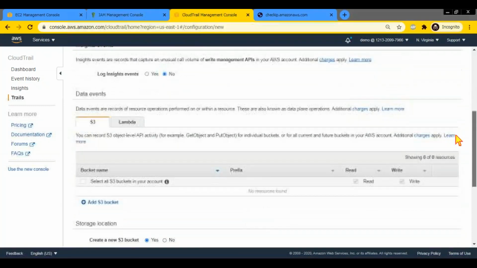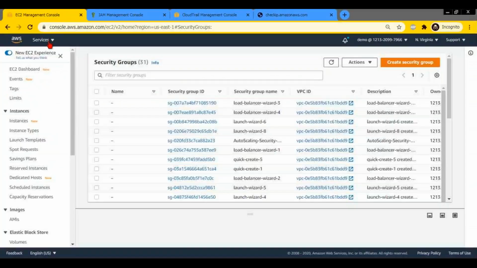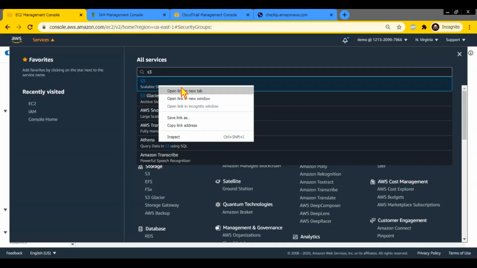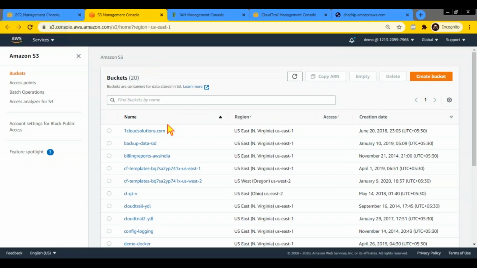And what are these data events? Data events are object level activity. Data events are available for S3 and Lambda. Or you can do the same thing from S3 itself, called server access logging. In S3, you will have something called server access logging for your bucket.